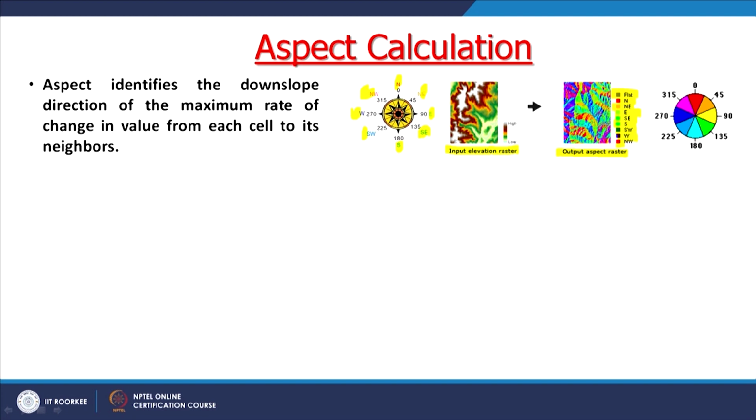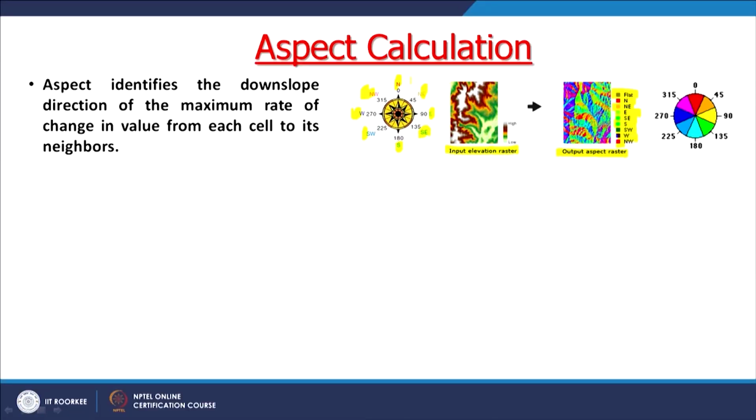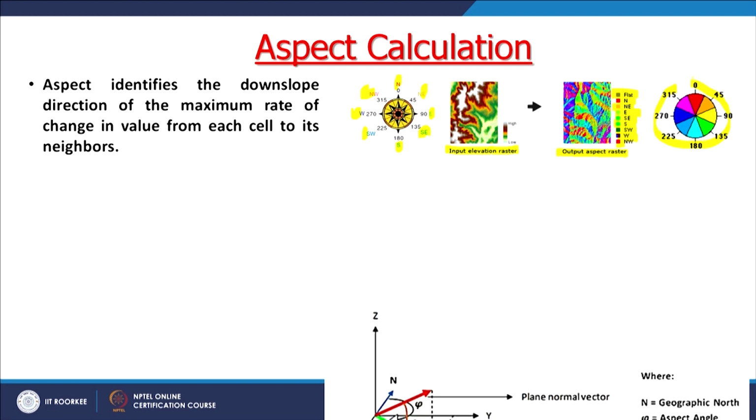Initially when these softwares were under development, this became a big problem, because they were not able to identify the flat part very easily. But now there should not be any problem. Now you can either denote using directions like northeast, north or southeast, or you can also use degrees. So it starts, north is always 0 and then it moves up to 360 degrees and goes back to 0 again.